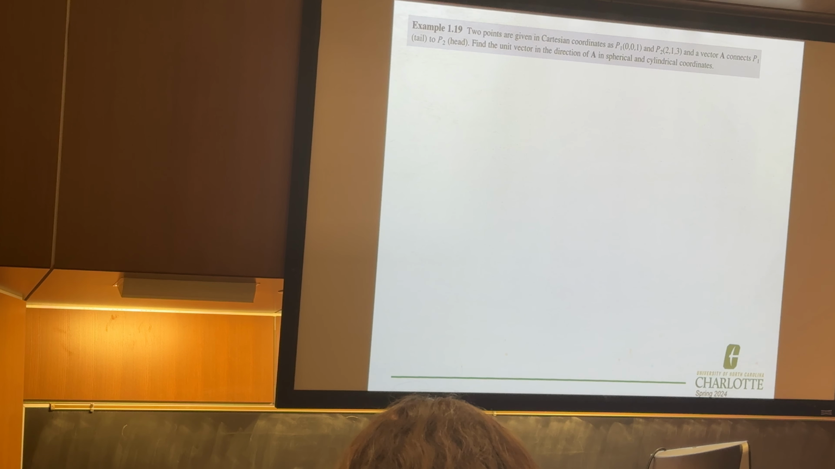Okay, the next problem, the fourth problem of today, has 2 points in the Cartesian coordinate system, and a vector connects those 2 points. Find a unit vector. The unit